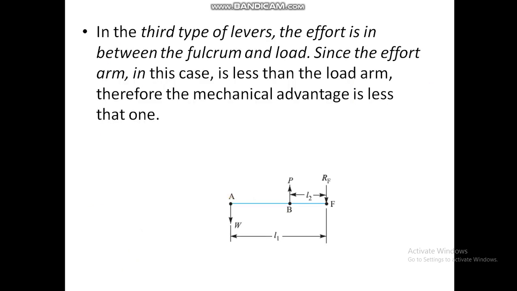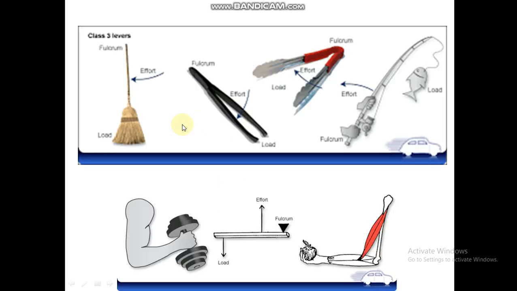Now the third type of lever. In this case, effort is between the fulcrum and the load. So the effort point, that is B, the P point, is between the fulcrum and the load. Since the effort arm in this case is less than the load arm, that is L2 is less than L1, therefore mechanical advantage is less than 1. In this case, we have to apply more effort. As you can see in these examples,